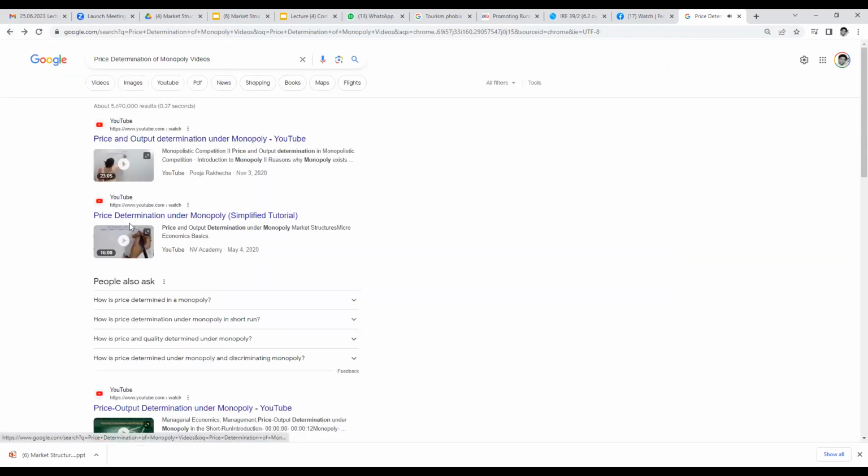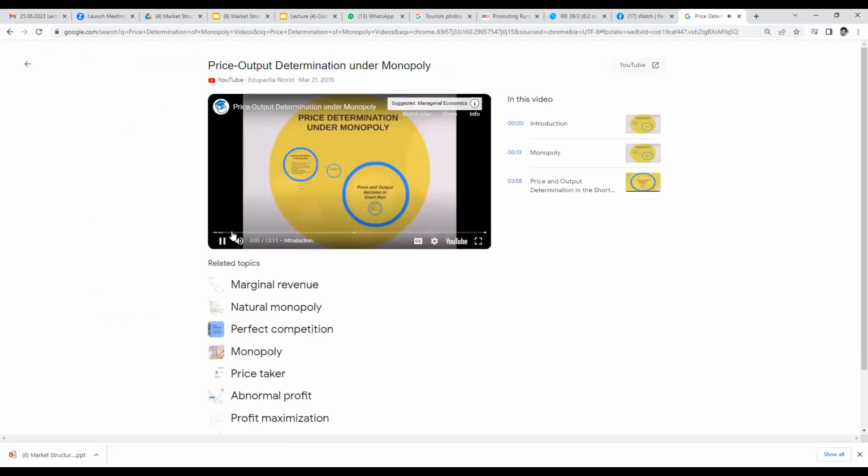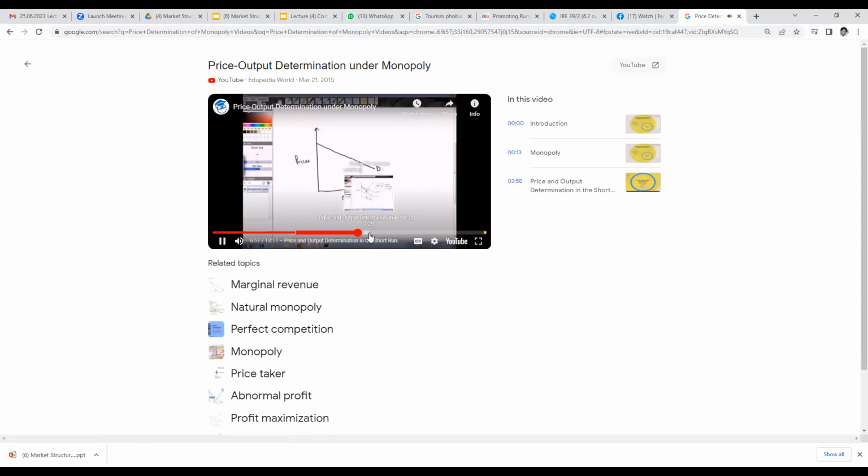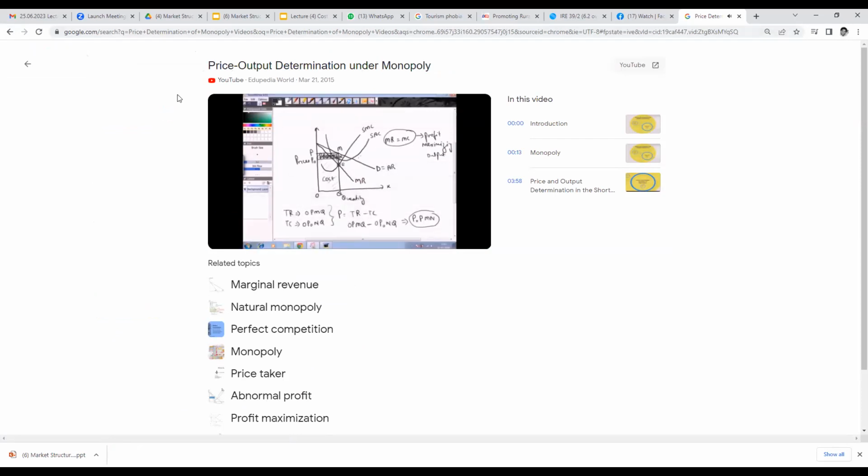This is very interesting, right? Monopoly, okay, very simple explanations. You can see similar explanations, and how they are drawing very well. So you have a lot of opportunities to learn from Google